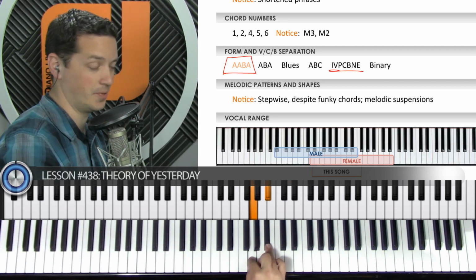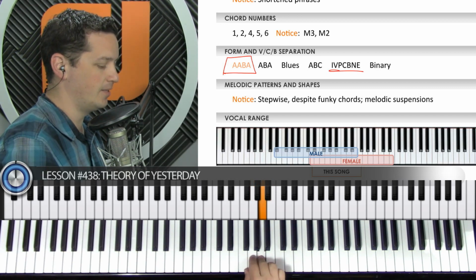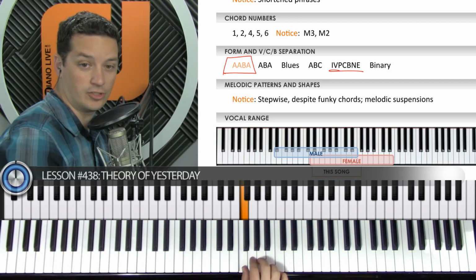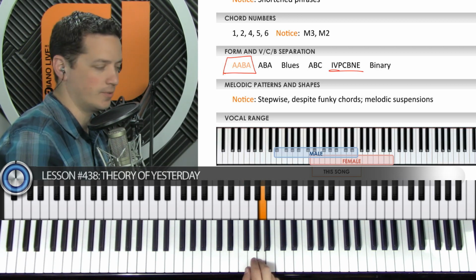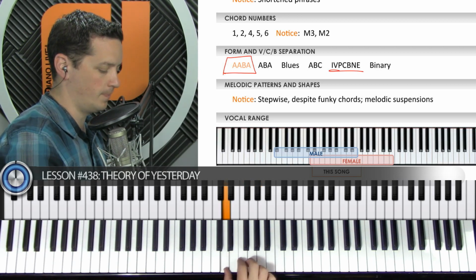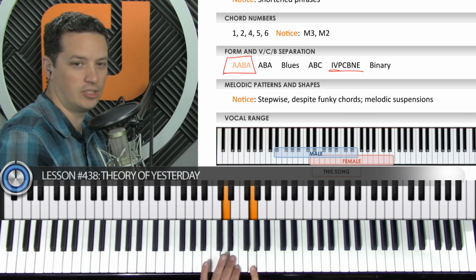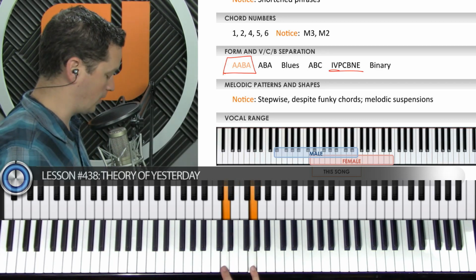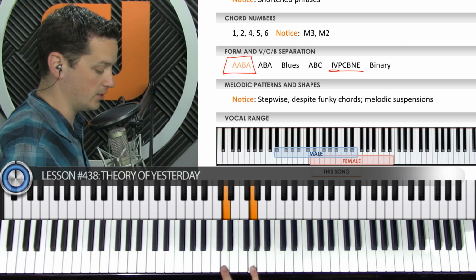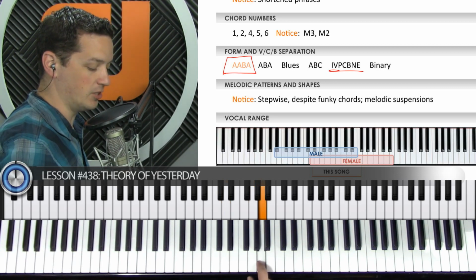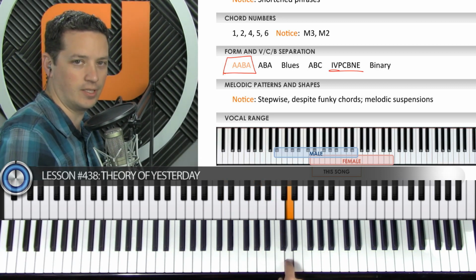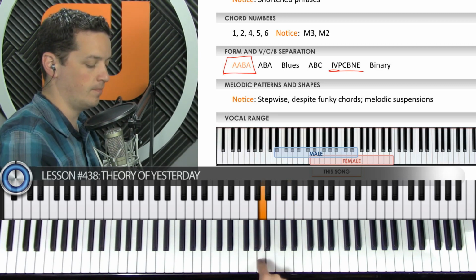Ooh, big jump right there. Another jump, jumping over 1 note. So the biggest jump in the whole entire thing jumps over 2, and the vast majority of the song is just stepwise, just playing 1 note and then the next note over. Next note, next note, next note.